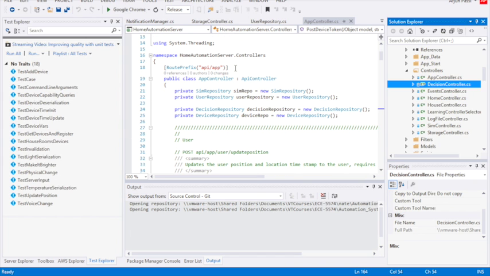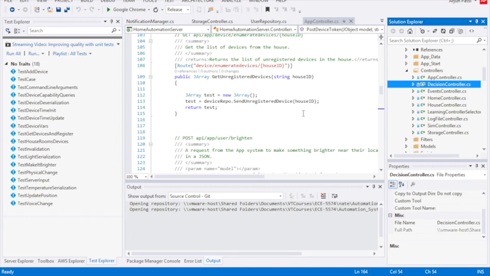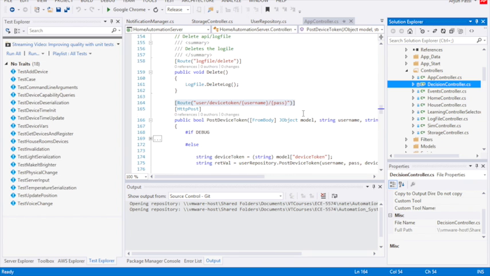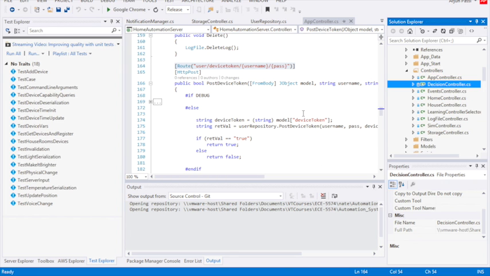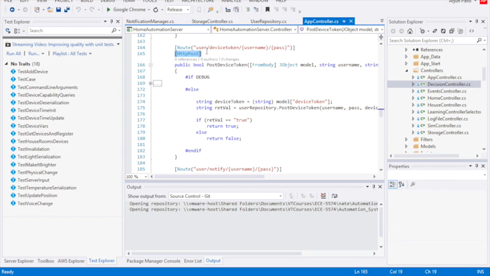This is an example of an app controller. An app, for instance, would like to post a device token on the server so that the app would be notified of any changes in the devices or any other notifications. So the app would do an HTTP post request on the server by giving this route, and